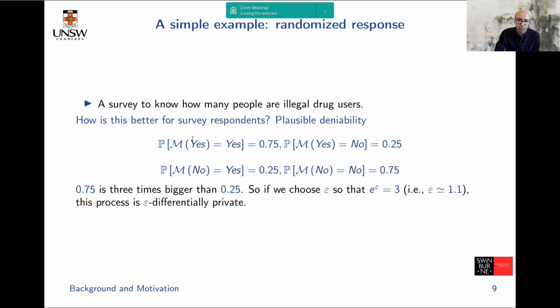In this case, if you quantify the probabilities, for example, the probability of yes as the output of M, if the answer is truly yes, is 75%, or for the true answer no is 75% as well. And 25% is the probability of no or yes if the original answer is different. So in this simple example, 75% is 3 times bigger than 25%. If you choose e to the power of epsilon equal to 3, or epsilon 1.1, you have a randomized process which is purely epsilon differentially private, a very simple